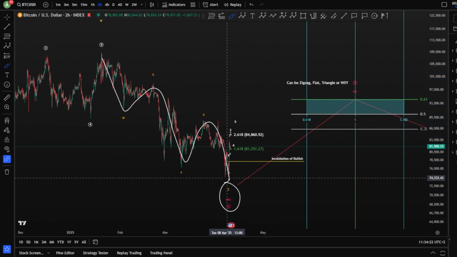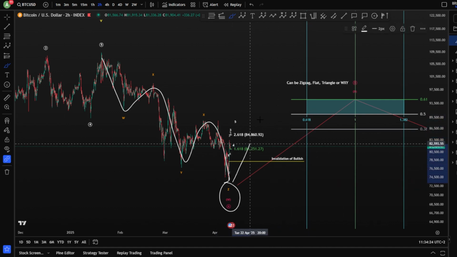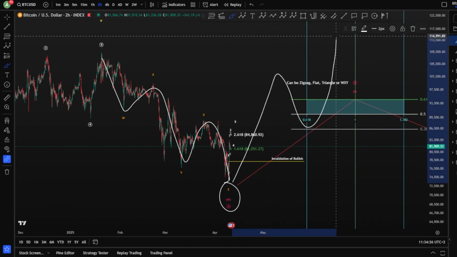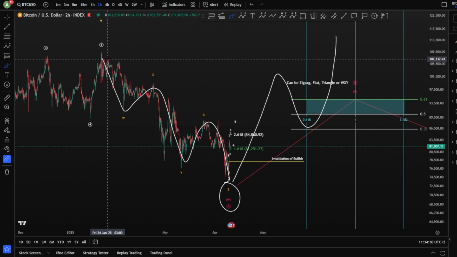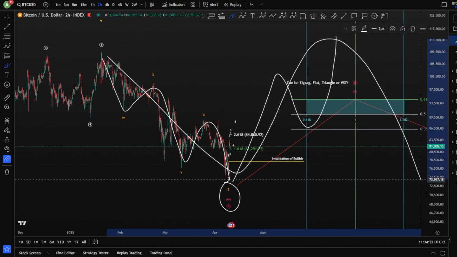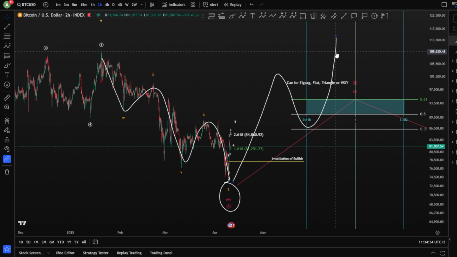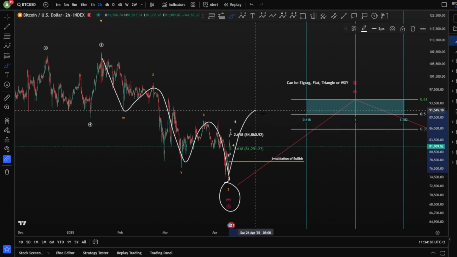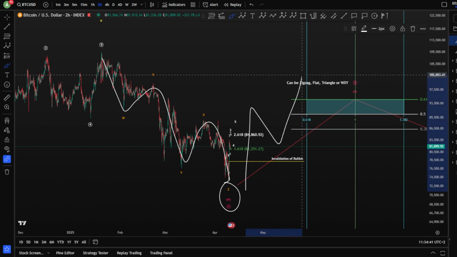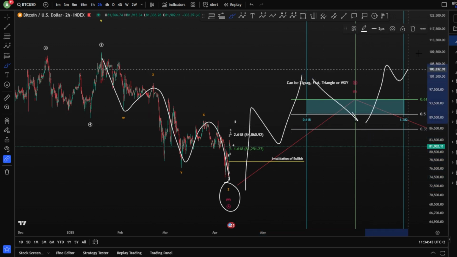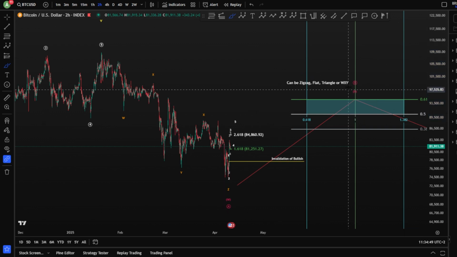A wave B, the start of the wave B, can be anything. It can be a big zigzag towards the upside, even taking the all-time high. And of course, is this still corrective? It's still, of course, an expanding flat corrective bear market. Or it can be a flat here, and it can be a triangle, or it can be a zigzag with an X and another zigzag toward the upside, W, X, and a Y. So many scenarios can unfold here for this wave B.